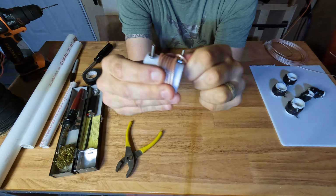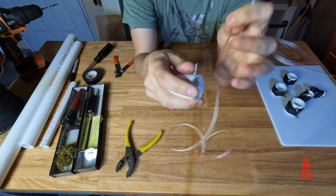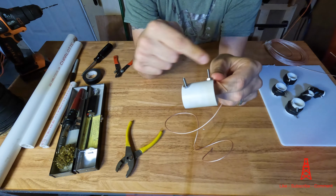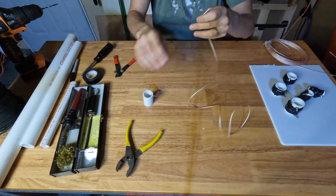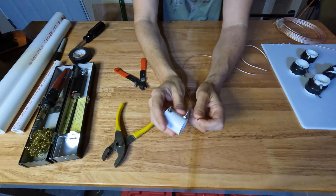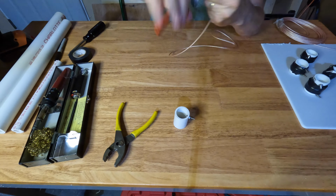Alright, so first thing I'm going to do after I got my length is I'm going to just unwind it. And it makes it a little easier to work with, and then I'll get this end prepped, the input side, and I'll wrap it, put a little tape on there to hold it, get the outside done, and then cross them over and put them together. So what we're going to do is we're going to trim off the outer jacket so that we can get the